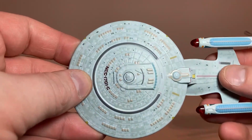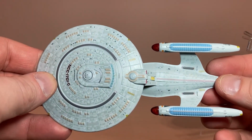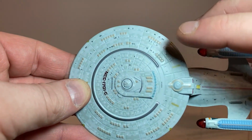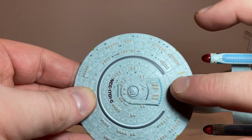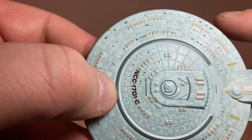But let's talk about the rest of the ship. Again, you got this nice, I believe it's like an eggshell blue color, really superb looking, and you can feel, again, just that typical Eaglemoss. You can see the Aztec, and you can feel the ridges in these hull panels and the escape pods. You can see all the escape pod detail around here. Then, of course, we got beautiful lettering, U.S.S. Enterprise